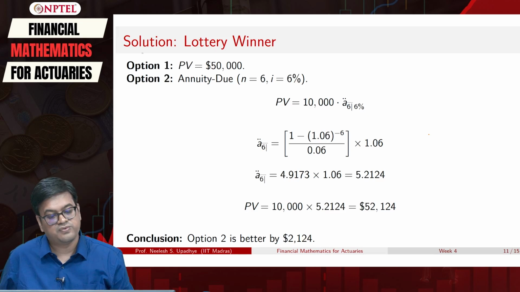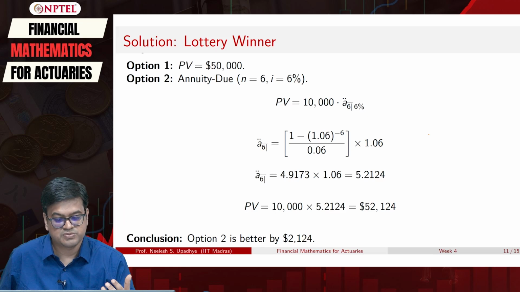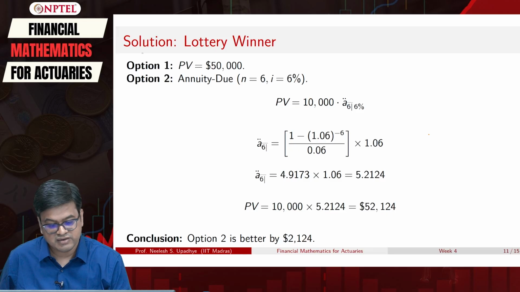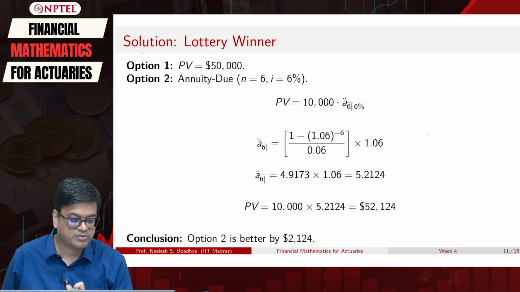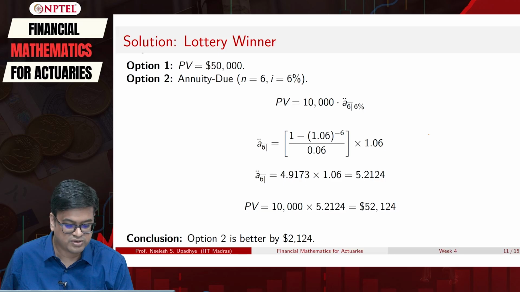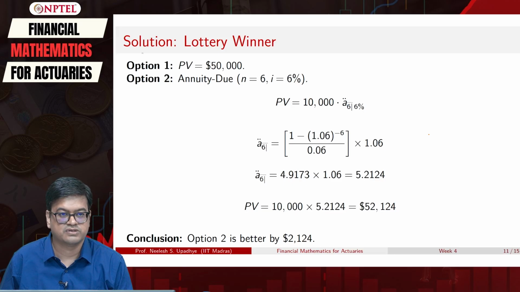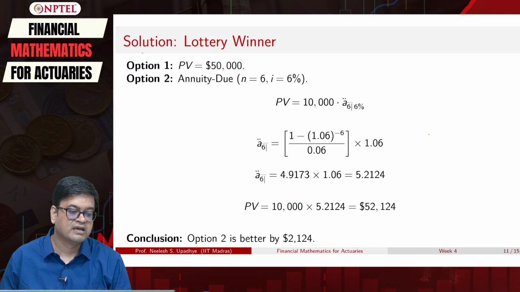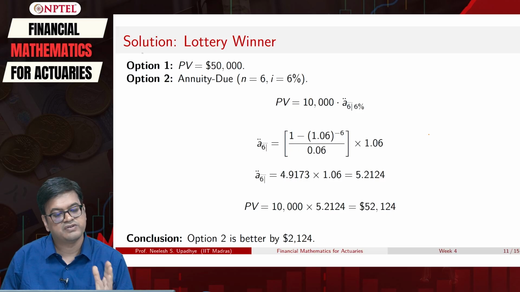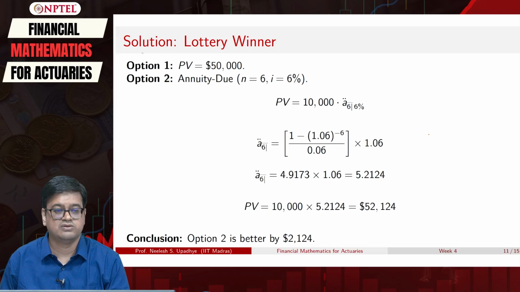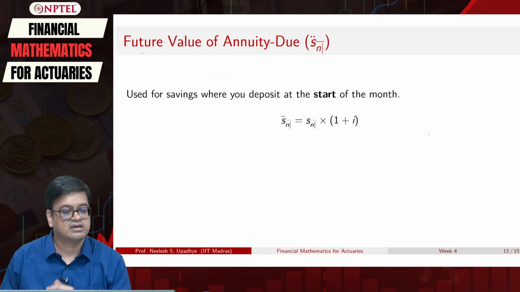Correct. So if you want, we can actually do this problem with our calculator also in BGN mode, and you can solve. You try on your own and see whether you are getting the same answer. So it's an exercise for you. Okay. Now we have done everything with present value. A similar analog for future value should be there, right? So the answer is yes.